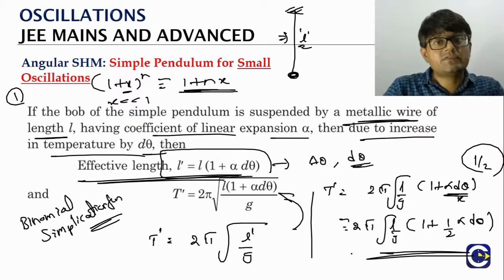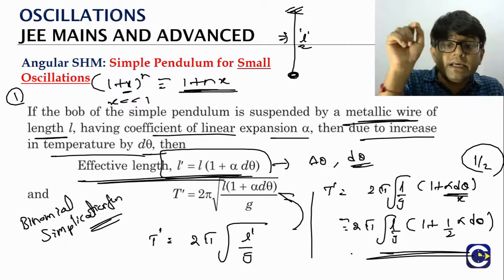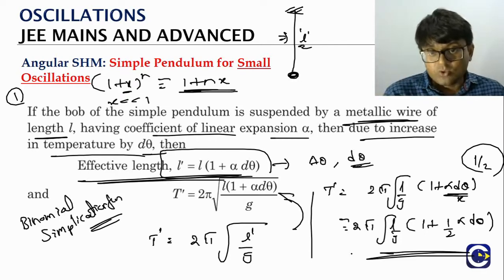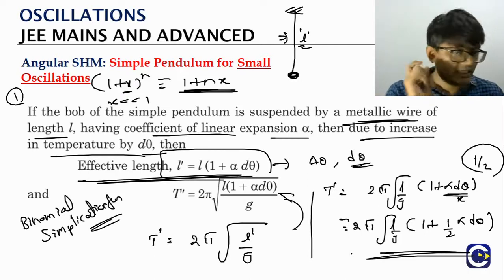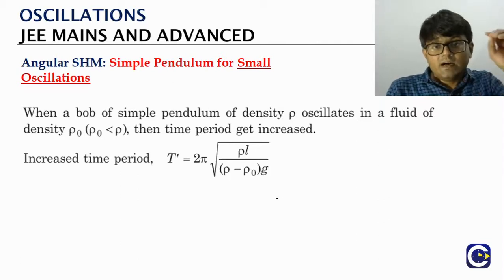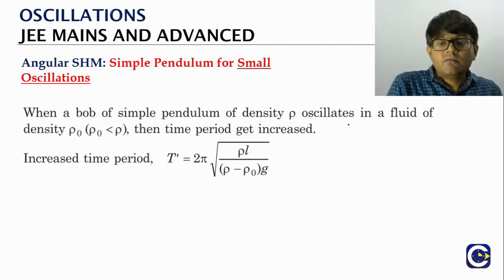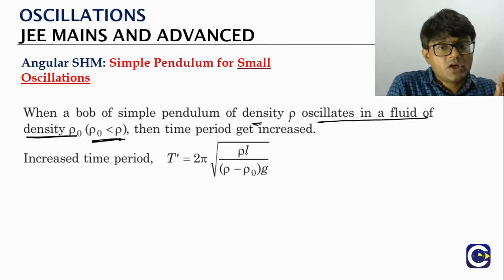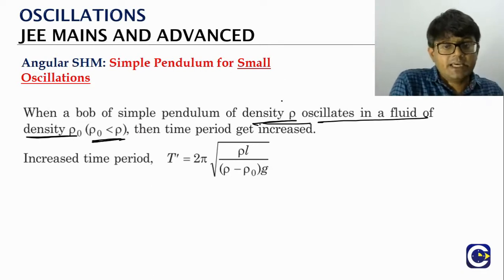The other thing is, here we have changed the length part. So a rise in temperature increases the length. A decrease in temperature will reduce the length. We can also bring a change in terms of the g value. What is g? The acceleration due to gravity, which will be the net acceleration acting on the bob, isn't it? So if we keep the bob in a fluid which is having a density rho naught, of course the fluid density will be lesser than the density of the bob material. So the density of the pendulum bob is rho and the density of the fluid is rho naught,